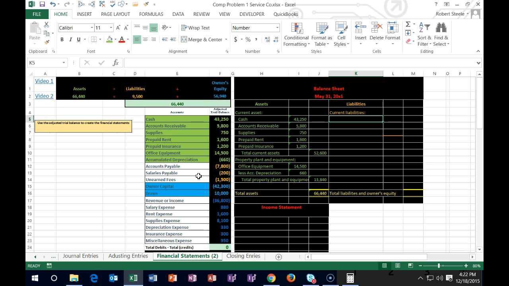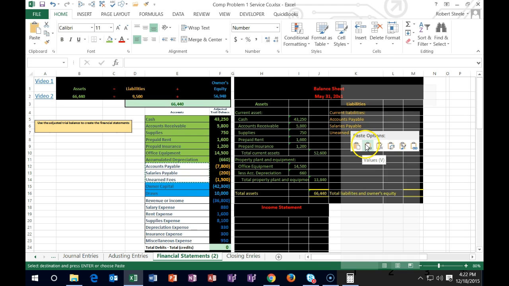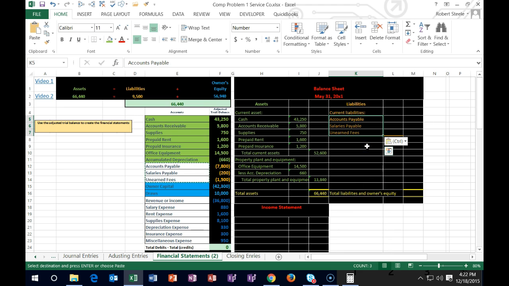If we had long-term liabilities, liabilities that last over a year, then we would have total current liabilities, and then we would add up the long-term liabilities. So let me show you what this looks like if we have just current liabilities such as we do here. We're going to copy these. We're going to go over here to K5, right click, paste it 1, 2, 3. And then I'm going to indent those. So I'm on the cell. I'm going to go to the Home tab. I'm going to go to